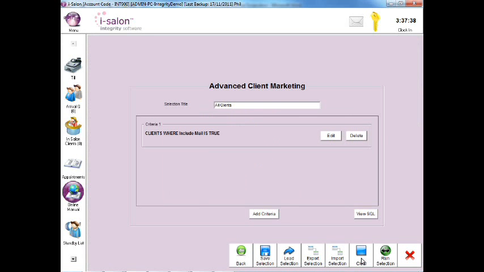First of all, we'll need to give our search a name. So in the selection title box at the top of the screen, type in Text Clients. Then we need to build our search by adding our search criteria. So select the grey Add Criteria button in the centre of the screen,